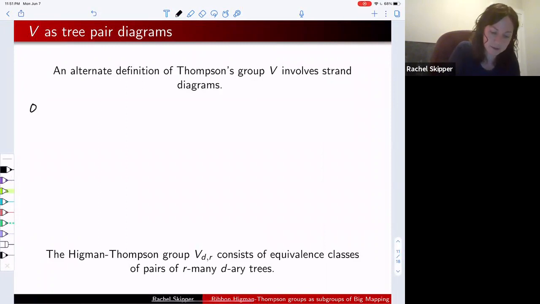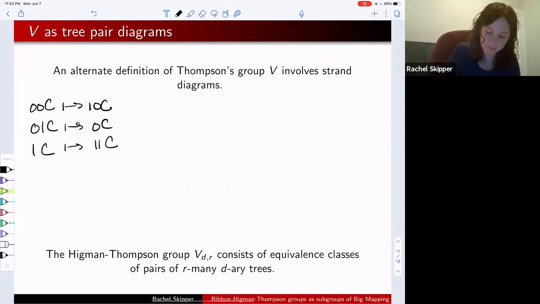Let's take the prefix replacement map that takes the cone 0, 0 and maps it to 1, 0. And let's say it takes 0, 1 and maps it to 0. And finally, it takes 1 and maps it to 1, 1. So the way we can build a strand diagram that represents this homeomorphism of the Cantor set is we're going